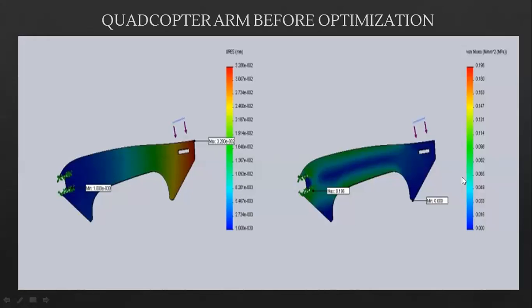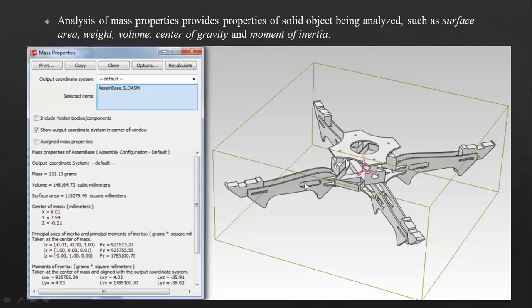Let us finish this. Okay, so you see, once we put in the load and boundary conditions, for example, this part should not move. We'll apply some degrees of freedom. We'll restrict some degrees of freedom here, and we'll apply a load, because this is part of that quadcopter design. You see, it is this arm that we are analyzing. This same arm is fixed here and is carrying a load here, isn't it? A motor will be fixed here to drive that fan, right?